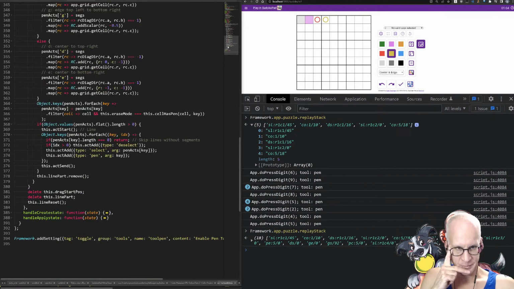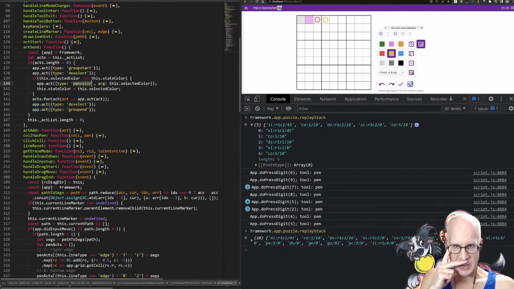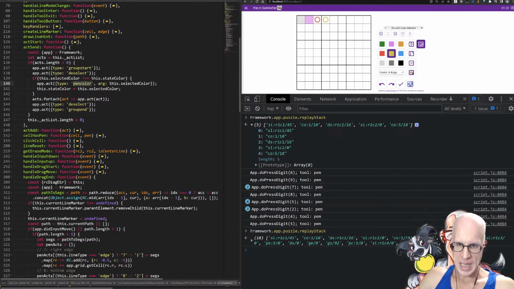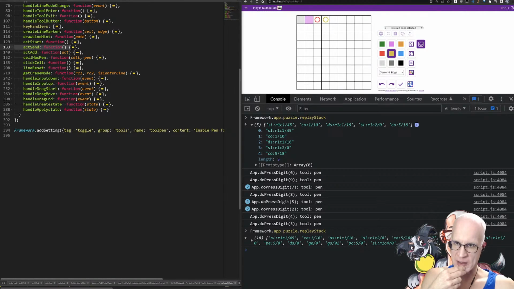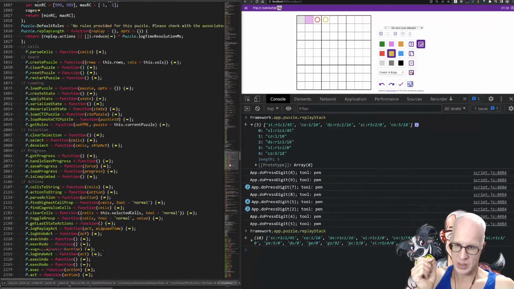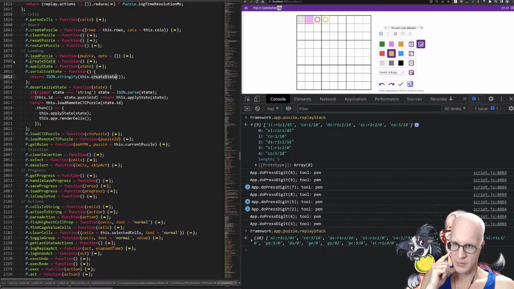I don't think so. And then basically the complication there is that now we have an additional piece of state to store with the puzzle, because the puzzle needs to know at any point in time which color is the current color. And the pen was, I don't know if I managed to end up storing the state in the pen, or because I think no, I have to store the state in the puzzle itself because it needs to be serialized alongside the rest of the puzzle. So if we look at serialized state, we have create state here,